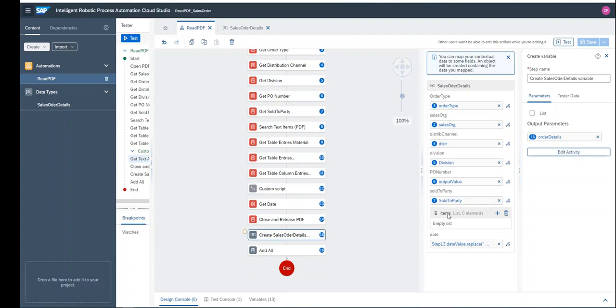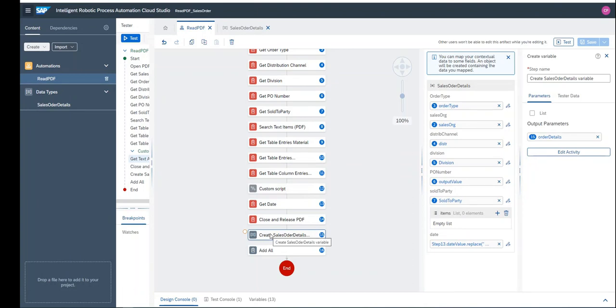And we even have an items list. So how do we get this items list here? We have items, which is an array of strings, I would say, and this would be mapped to the custom script output value which is maintained.